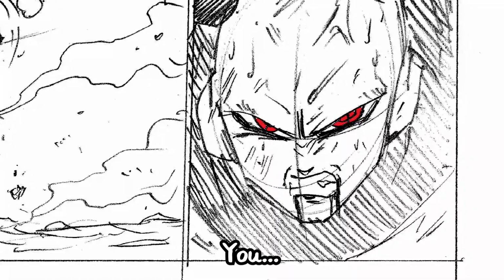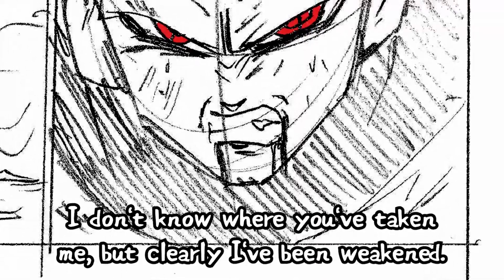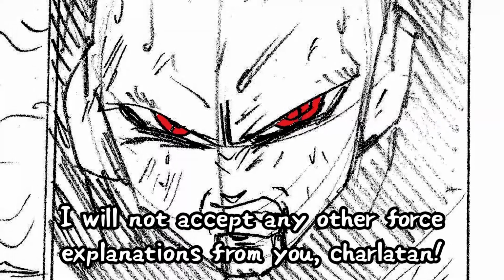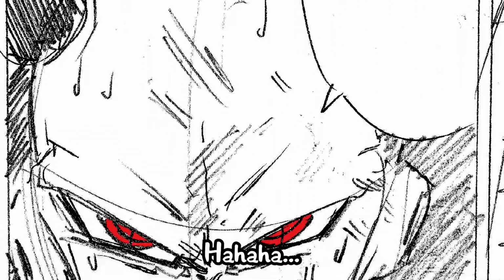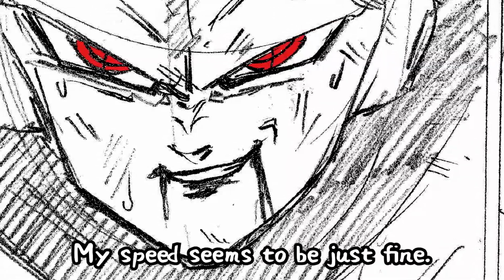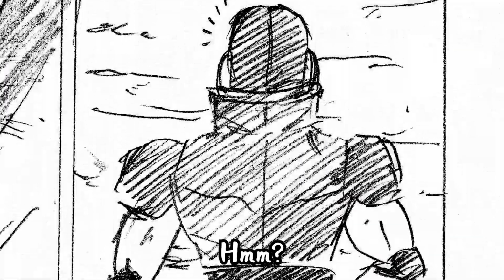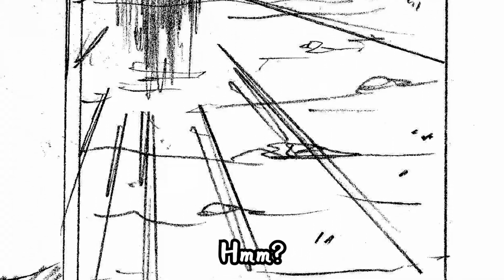His teeth gritted, however, now, as a demonic tone begins to be heard, and he lets out, "I don't know where you've taken me, but clearly I've been weakened. I will not accept any other false explanations from you, charlatan." But before embracing a prematurely confident smirk, he would then say, "But I can tell one thing. My speed seems to be just fine, and that is all I need to annihilate a worm like you." As suddenly, Jiren would vanish from the spot, instantly erasing his energy signature until...